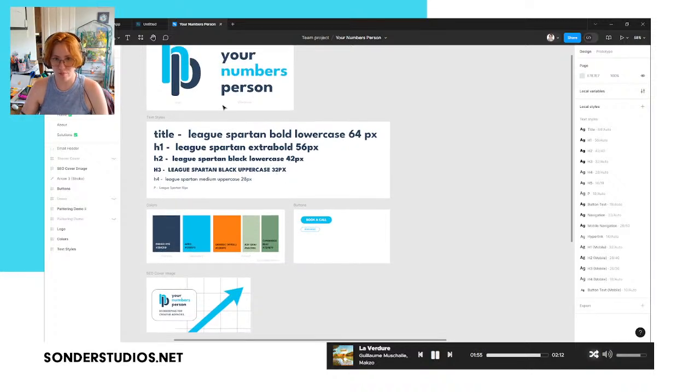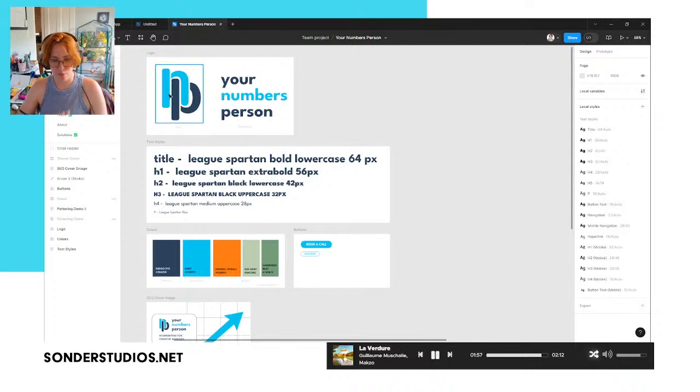Don't just make a deviation from your styling guidelines just because. So for instance, this particular client used League Spartan for basically their entire typography suite. The only difference between their different heading titles and their paragraph and stuff like that was just the weight of the font. Their colors were a little bit more diverse. They had a couple different blues, a nice orange to accent the blues, and a couple of different neutral greens.